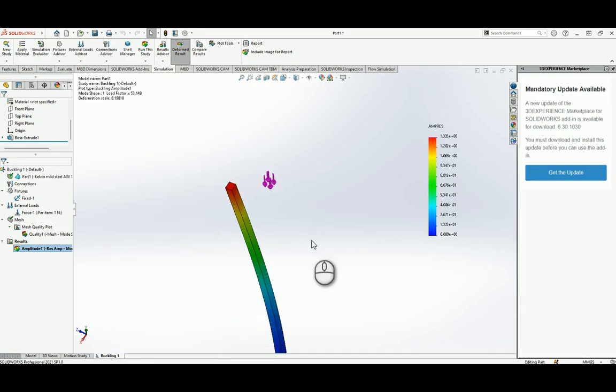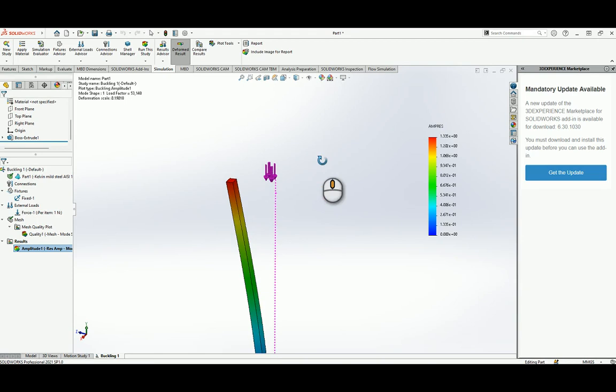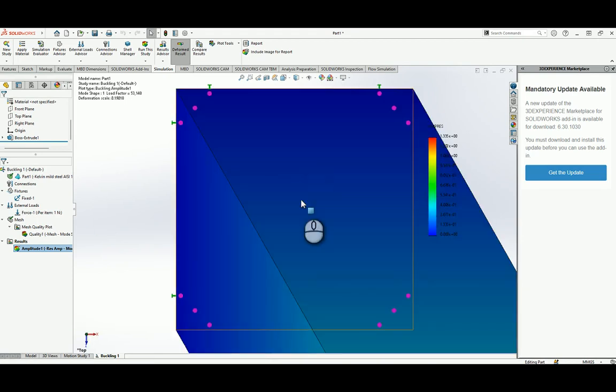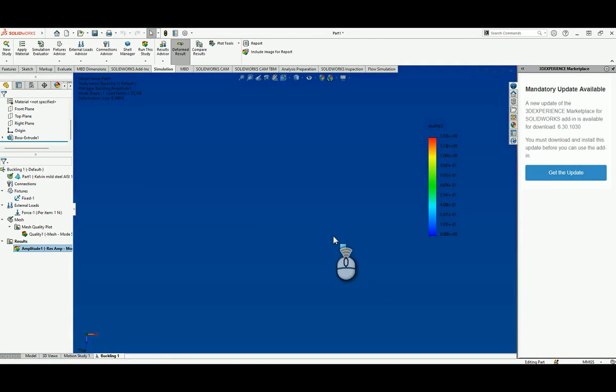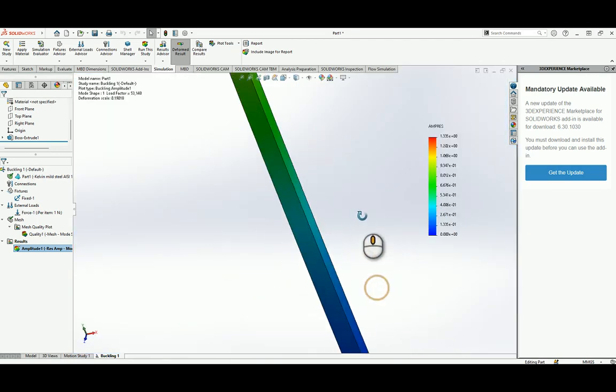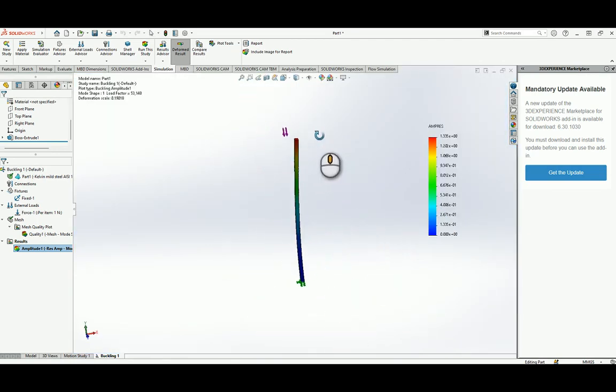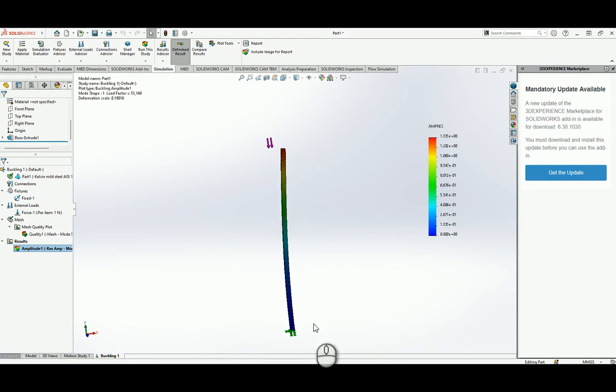Alright, so we have solved over here. Sorry about that, I'm just trying to get the view. Alright, so you can see the mode shape is the mode shape that we have become accustomed to. This would be a cosine type mode shape. Now if you look over here at the top, you would see the buckling amplitude 1,